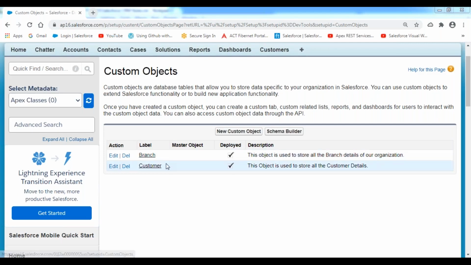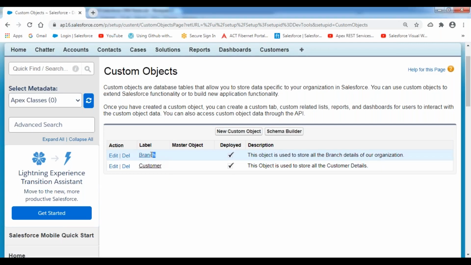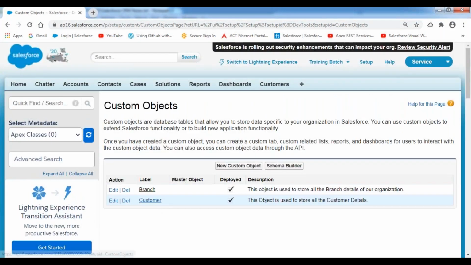In the last session, I told you how to create an object without selecting the tab option. Upon creating the customer object, it created the customers tab, but upon creating the branch object, the tab was not created. But now I want the tab. How to create the tab?